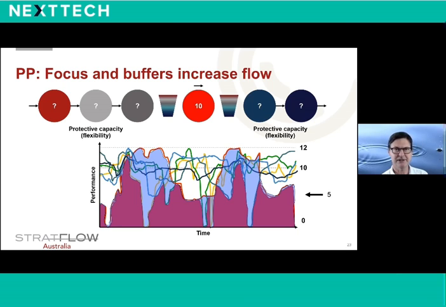Now, we have seen that the red resource is the bottleneck, still going to flow close to 10 units per hour. And the range of the other units will be anywhere from 12 to 16, which means we need to have protective capacity. So that was that original chain actually that we didn't like. So we have excess capacity in many departments, and they're not at 100% utilization. But because of the extra production, it doesn't matter. The overall production will increase much more than the increase in cost. And this gives us the capability to outperform our competitors on lead time, on due date performance, and on stock holding.